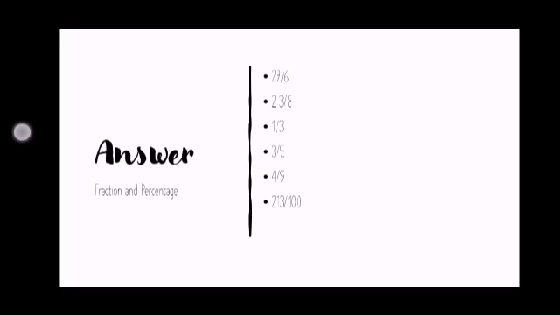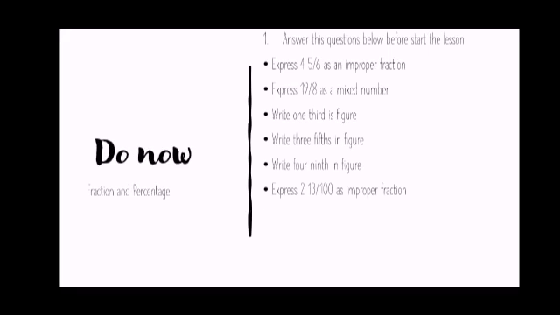The first question was: express 4 whole number 5/6 as an improper fraction. Last time I said improper fractions are fractions like 6/5, where 6 is bigger than 5, so that is an improper fraction. This question is actually a mixed number, 4 whole number 5/6, and we have to express it as an improper fraction. So to do that,